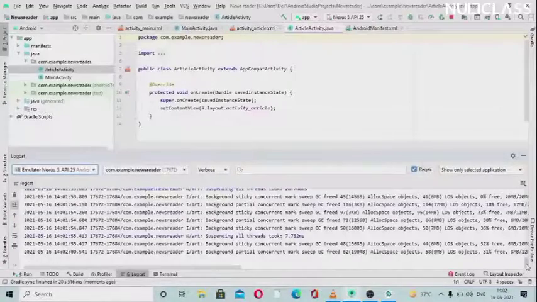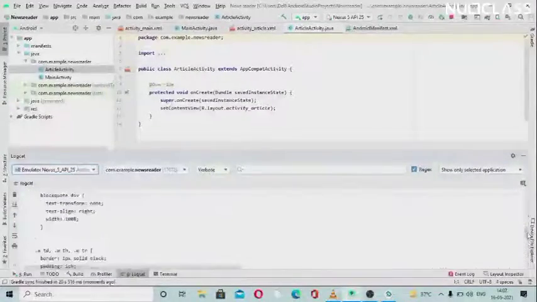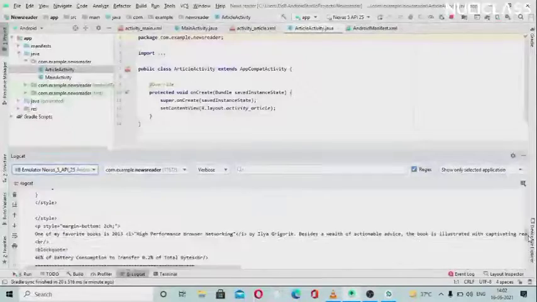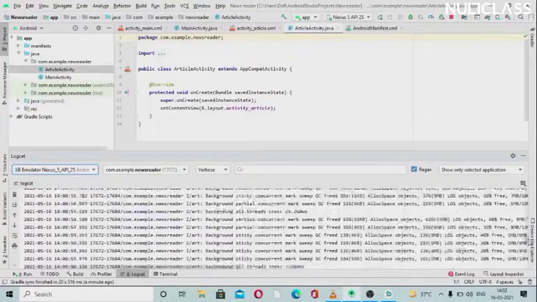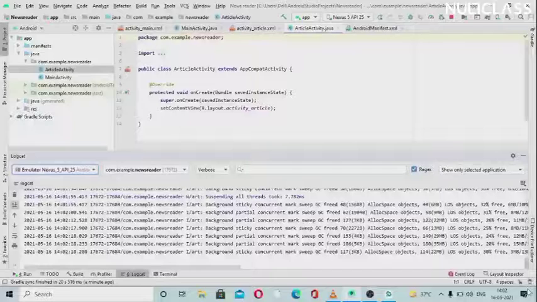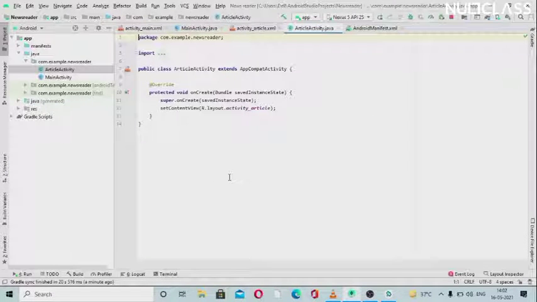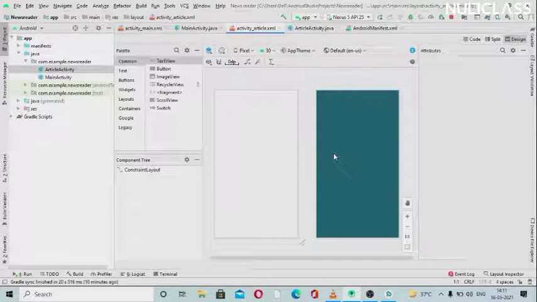We can see it is okay now. Yes, we can see we have got a lot of things here. Okay, so we will wait for it. We will write a bit of code here, then we will check that. So we'll be writing code to connect these two activities and also to update things in the article activity. The last thing we are going to do in this is setting the article activity.